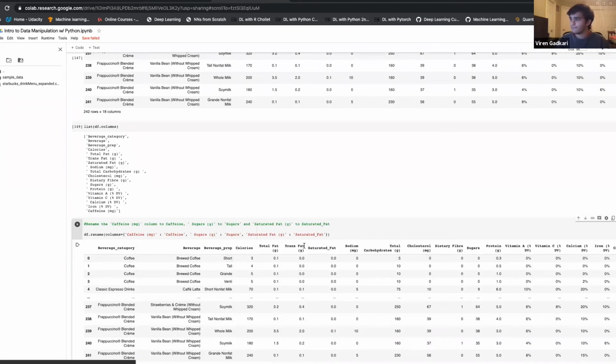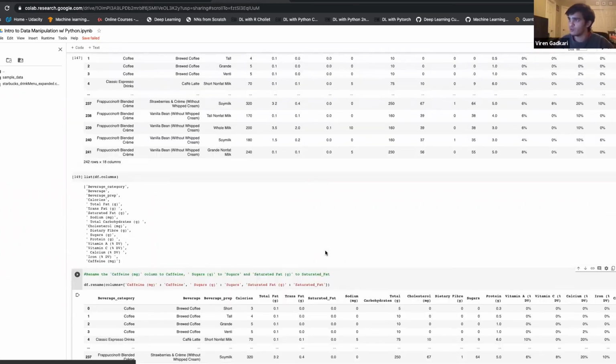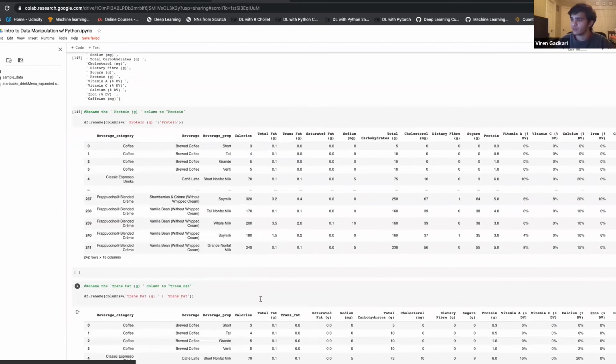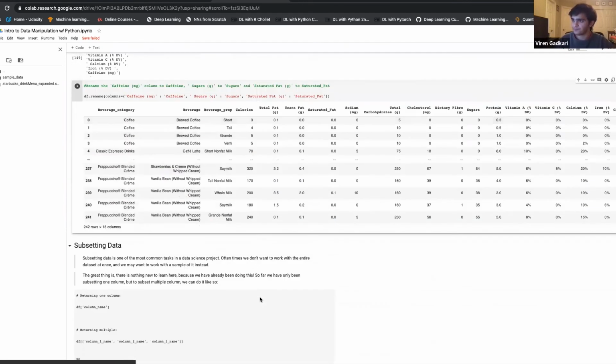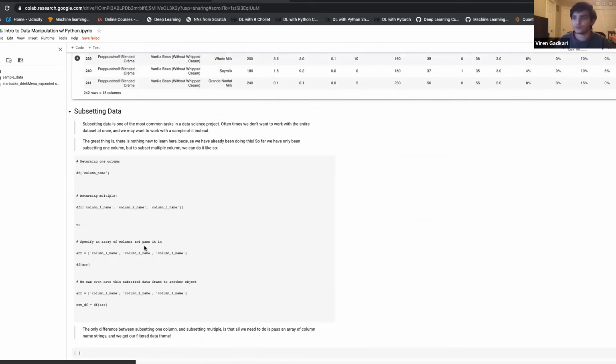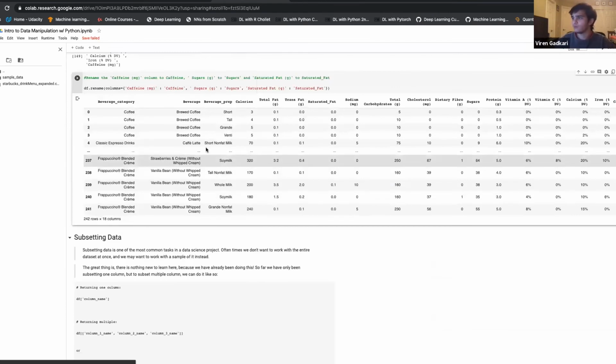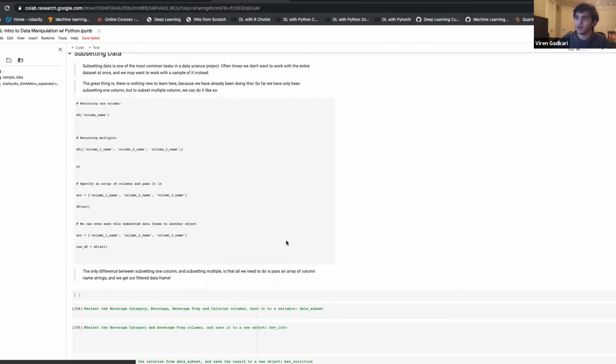So saturated fat is the way we want it. So we have transformed our columns to the way we want them. So now, once we renamed our columns, you could probably go through and rename all of these, but